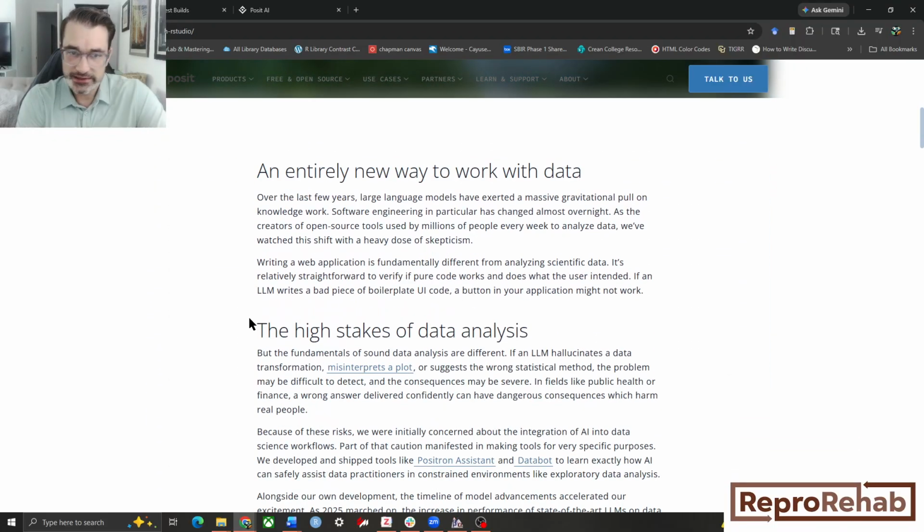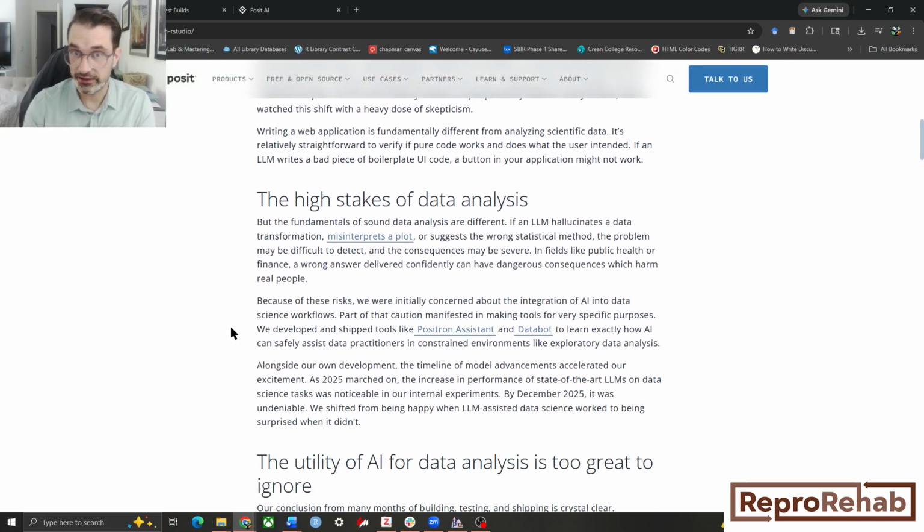So what this is, without reading through all this documentation, is that it is now a native AI, which is going to be using Claude and various models of Claude as of March 2026 that you can use within RStudio. And I'm going to show you today how to set that up, what it looks like,